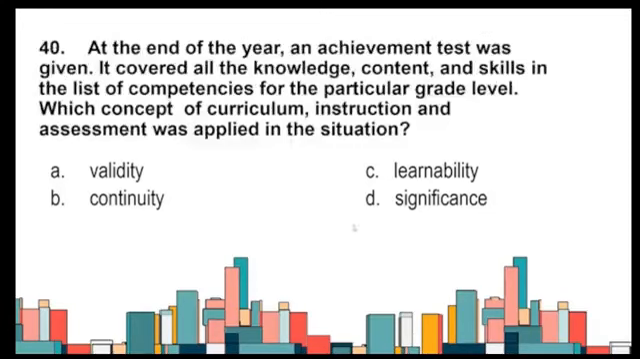All right, number 40. So at the end of the year, an achievement test was given. It covered all the knowledge, content, and skills in the list of competencies for the particular grade level. Which concept of curriculum, instruction, and assessment was applied in the situation? A. Validity. B. Continuity. C. Learnability. D. Significance. Okay, I see an answer. Letter B. Okay, so